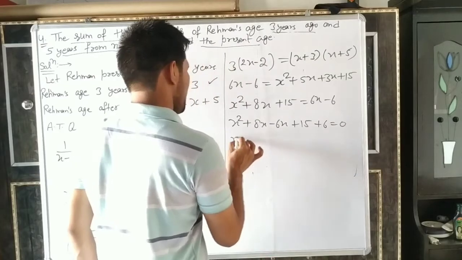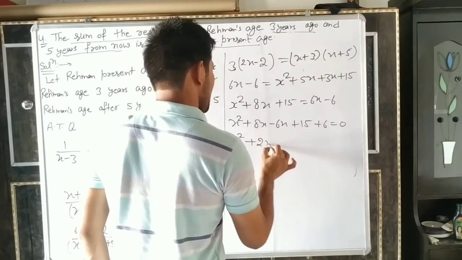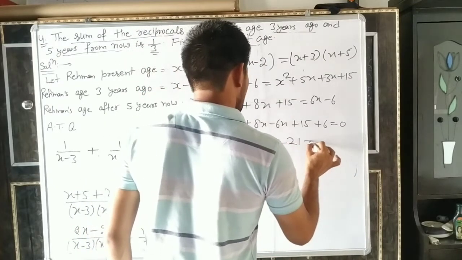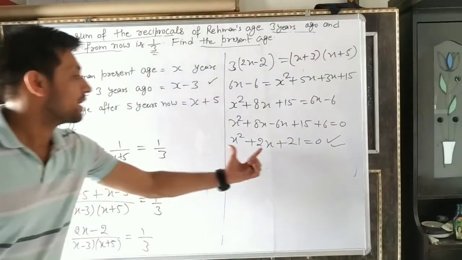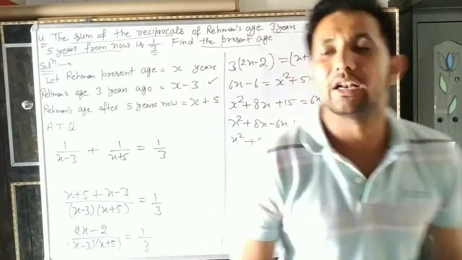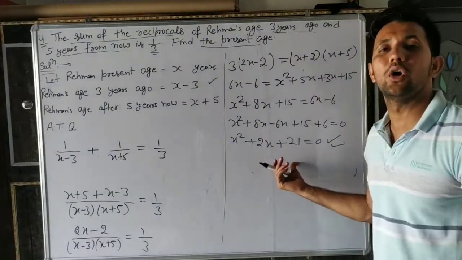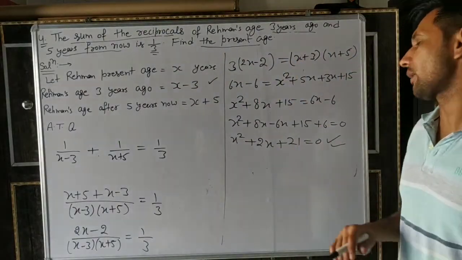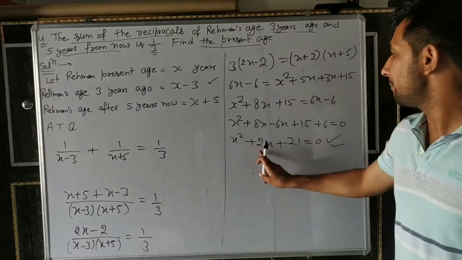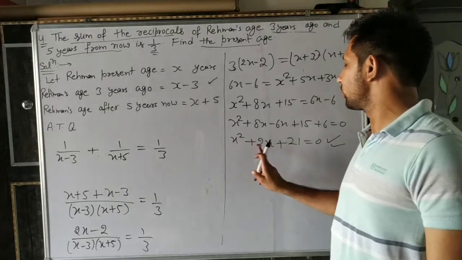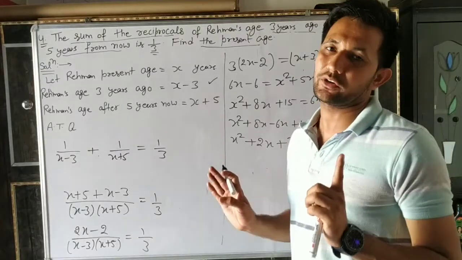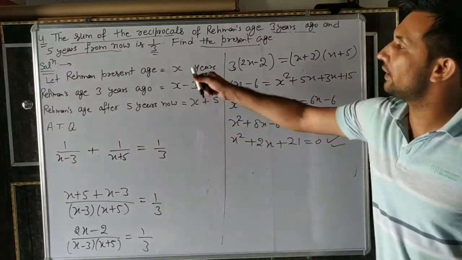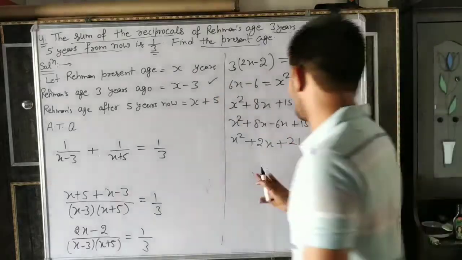So now x square plus 2x plus 21. Now you can solve this equation. It is a quadratic equation, and this equation can be solved by using the quadratic formula. Find the values of A, B and C. A is 1, B is 2, C is 21. Solve it yourself like the first question or second question. Okay. So please find the value of x. I am writing here.